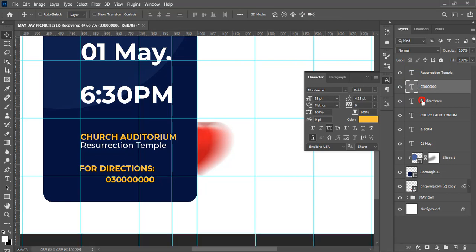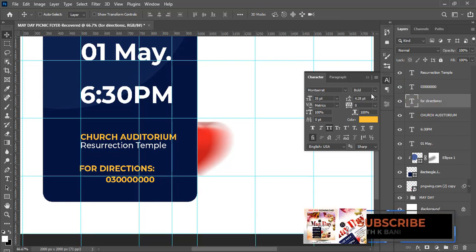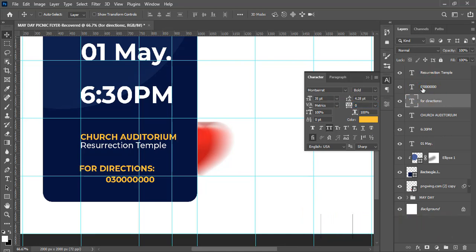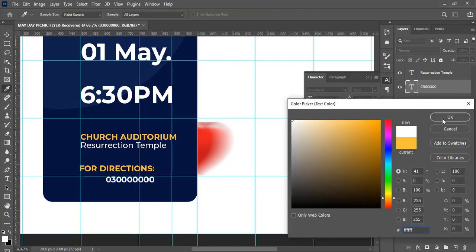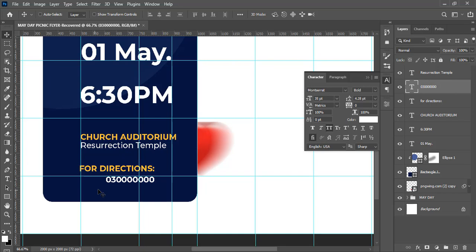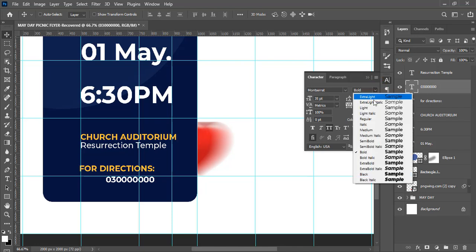Okay, now for the directions we are still using 35 for it. We are still making it bold as well. We are making here 0, and then we are still making here caps, and we are making here the color here yellowish like that. But then for the telephone number we need to make it white because we need to be consistent. It's one of the graphic design principles, being consistent. Yellow, white, yellowish, white as well. Okay, and so once we have that, let's make it medium,